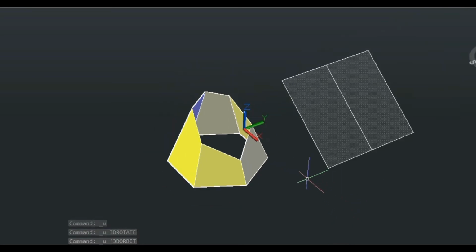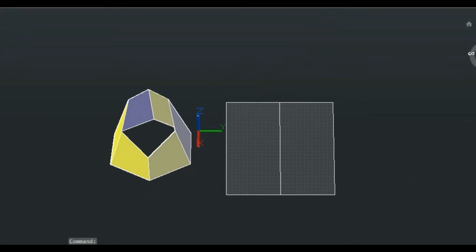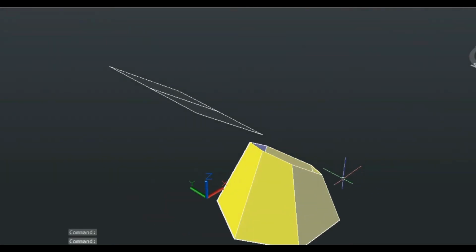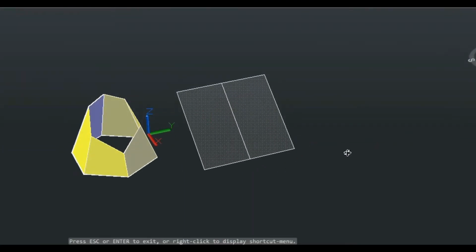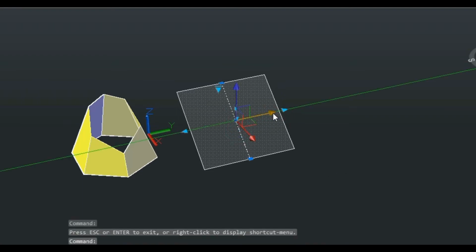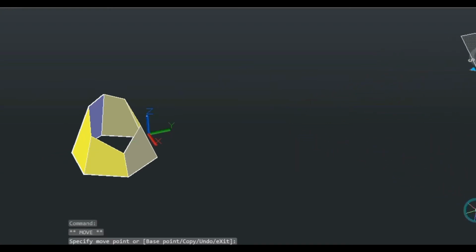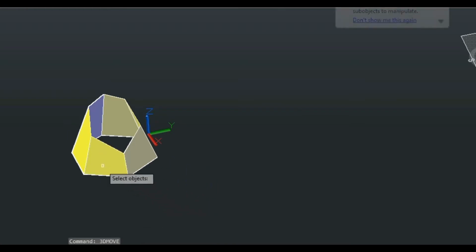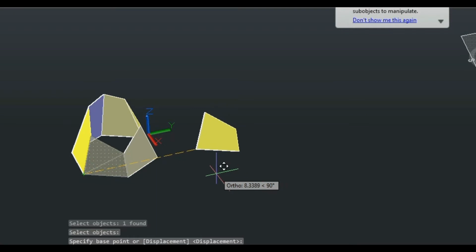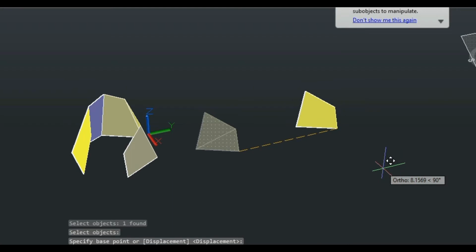There are six faces, three are visible on your screen, and on the back side also there are three, as you can see here. Now carefully observe these faces, because with these faces only we are going to develop the surface. So I'll just take this cutting plane away, it's not required now. So here you will see that I will take these faces one by one, and I will align them in one plane only. That is going to be its surface.